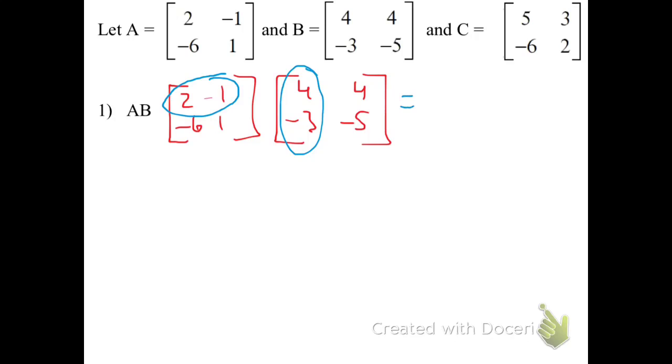So let's take that first row there. Here, I'll make this a little bit bigger. So you gotta do the first entry times the first entry, second one times the second one. So 2 times 4. And then you add the next two things being multiplied together. Okay, that's your first entry. Then you gotta do your